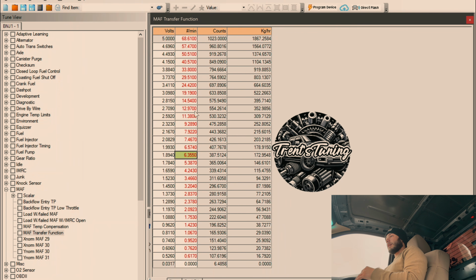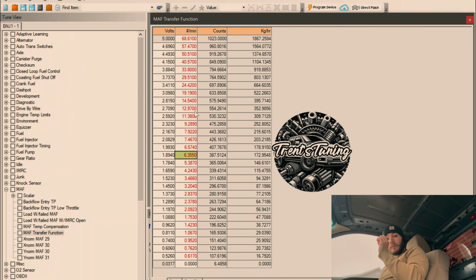Because then once you do this, put it in gear, go on the road, and you're doing the exact same thing. What I like to do, though, is put it in the highest gear you can manually put it in. On my truck, it's second, because then it gives it a higher load. And you're just going to do the exact same thing that we just did, holding it at the specific RPMs for increments, but doing it on the road, locked in a gear, second or third gear, and then save that